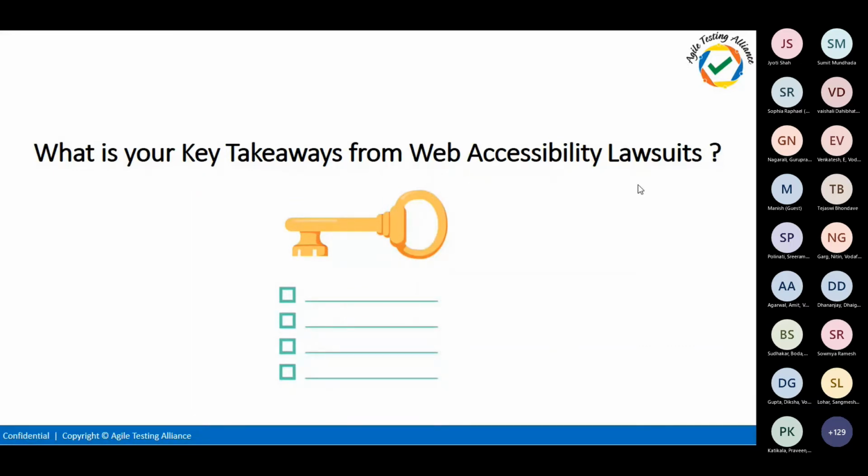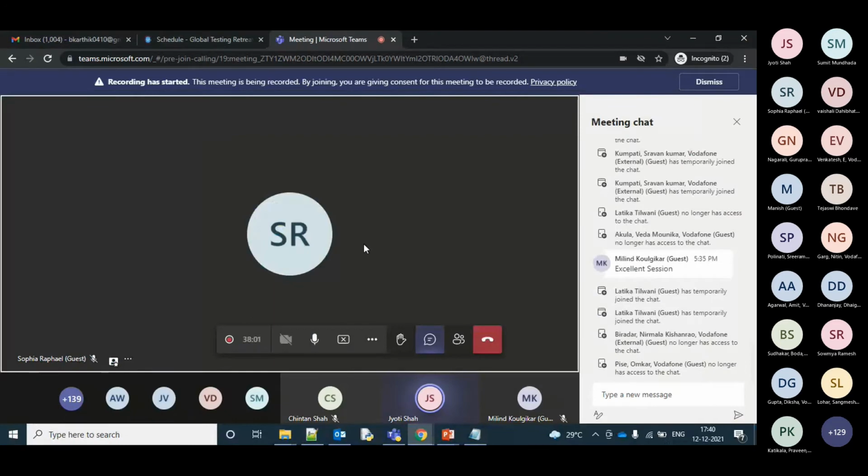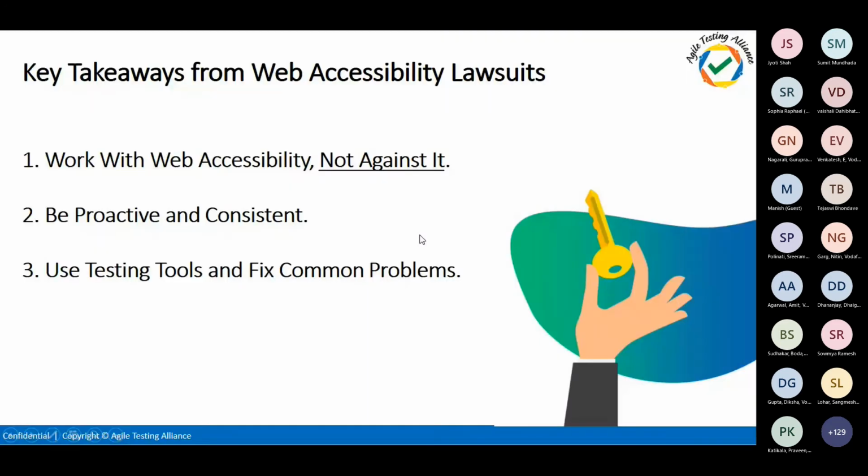Yes, maybe, Karthik, you can move ahead. Cool. The key takeaways I can also say are to always work with web accessibility and don't be against it, because you'll almost certainly be sued. Be as proactive as possible. Don't move your product to production and then test for accessibility, because Domino's made that mistake.